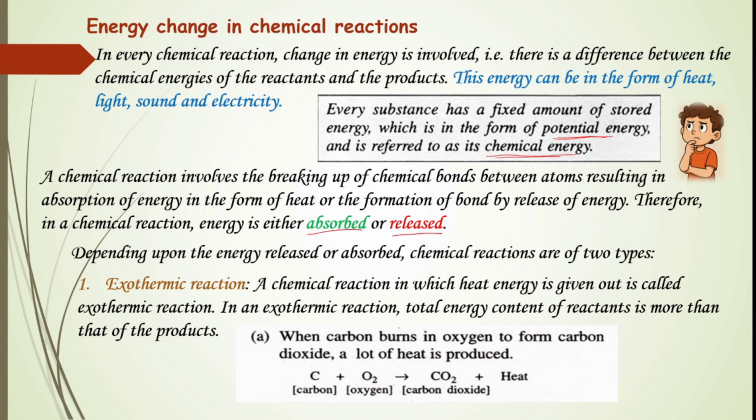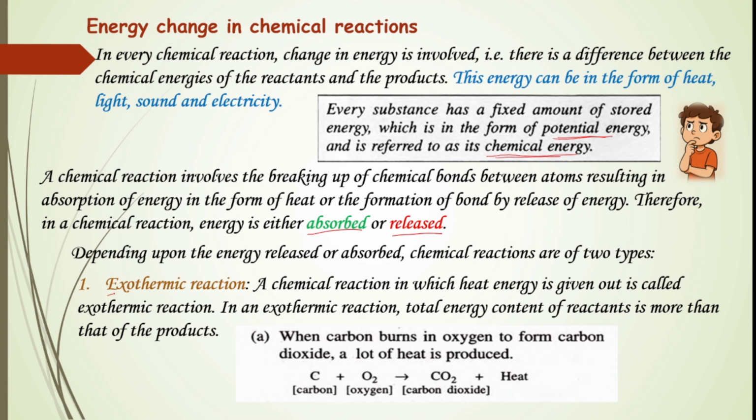Sometimes energy is absorbed, we have to give heat, and only then will the chemical reaction take place. Sometimes by the reaction, heat is given out. So both types of reaction may occur. Depending on the absorption or release of heat or energy, we divide chemical reactions mainly into two types. The first one is